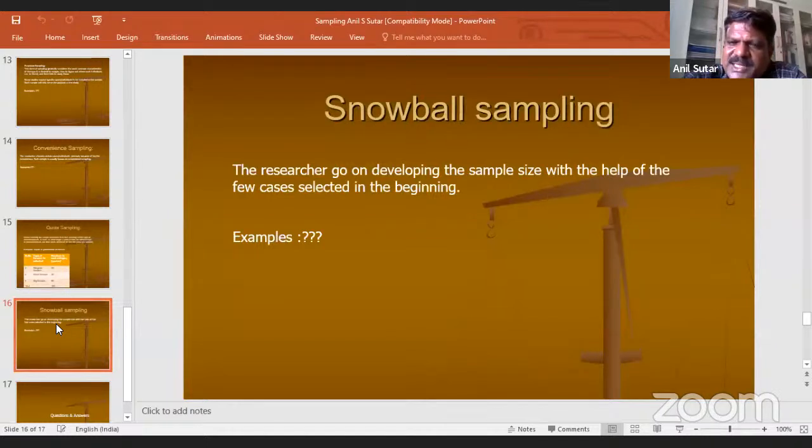So similar idea is in snowball sampling. As you interview one person, then that person will help you to get the contact or give you the information about the possible second participant. So then it builds like that. It is like a chain reaction. It builds, your sample grows in size as you meet more and more people. That is the idea of snowball sampling.